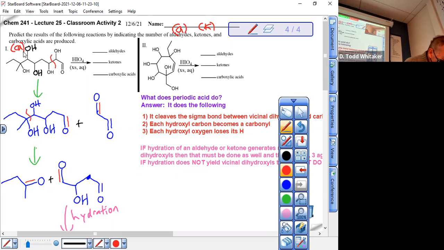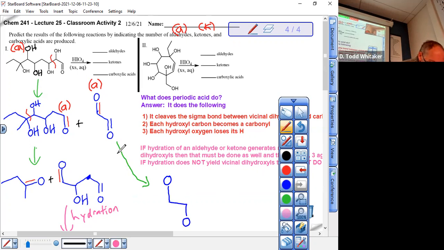We have a new aldehyde here. This is new, right here. This is a new aldehyde here as well, and we're not finished with this piece. Don't put an A here yet. This thing's not the end either. We haven't done hydration of an aldehyde or ketone generates the vicinal dihydroxyl. I think I got to do that first, because if I put hydroxyls on each side by making hydrate,